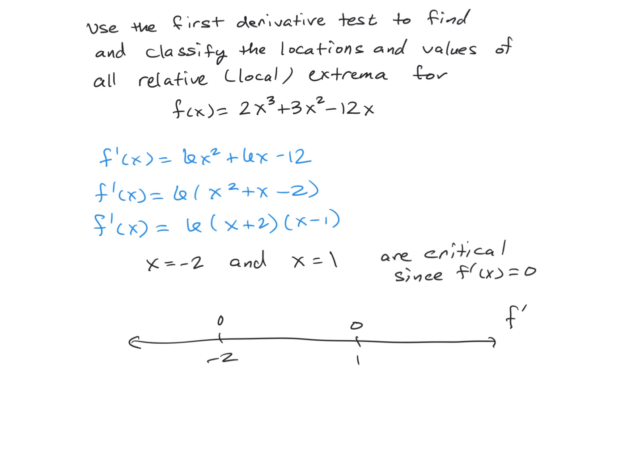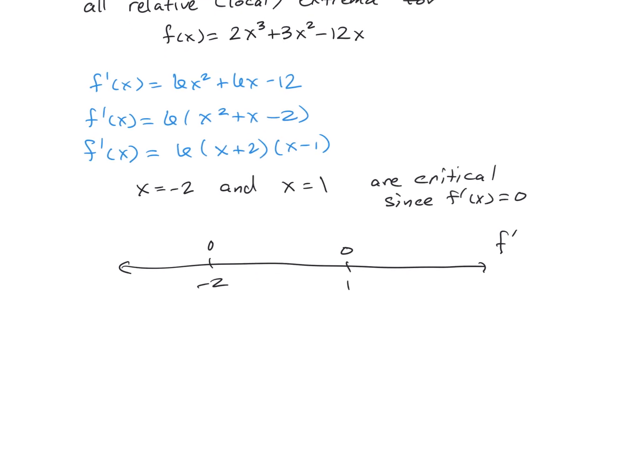If you take a value greater than 1, such as 2, it should be pretty obvious to us that f prime of 2 is going to be greater than 0. So we have a positive derivative over here. A nice number between -2 and 1 would be 0. And you'll notice that f prime of 0 is going to be less than 0 because 0 gives us -12 for our derivative. So we're going to have a negative derivative at 0 and every point up to the critical